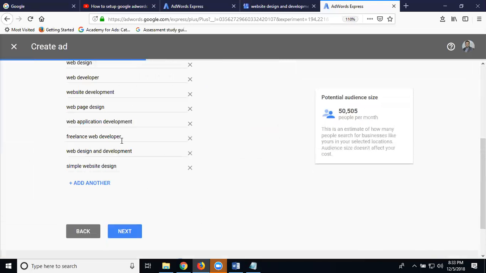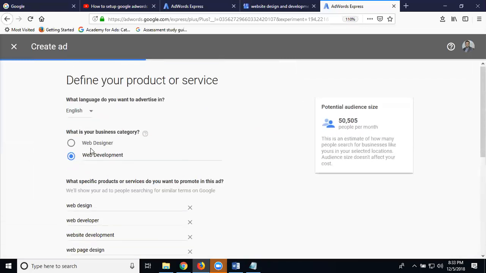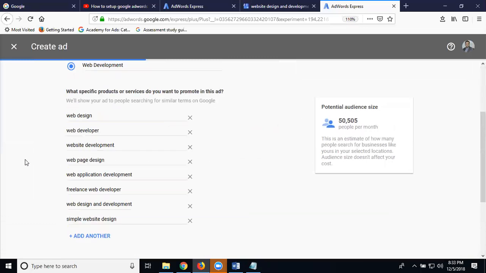Why? When people search these keywords on Google, our mapping will be visible on the Google search option. How much each? 50,505. When you target, there are crores. After searching the keyword, how much? 50,505. This is all the option.